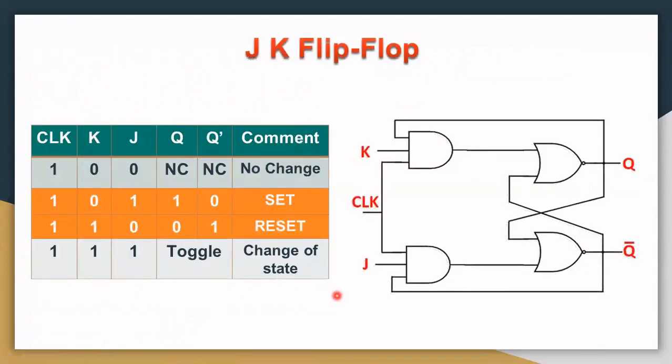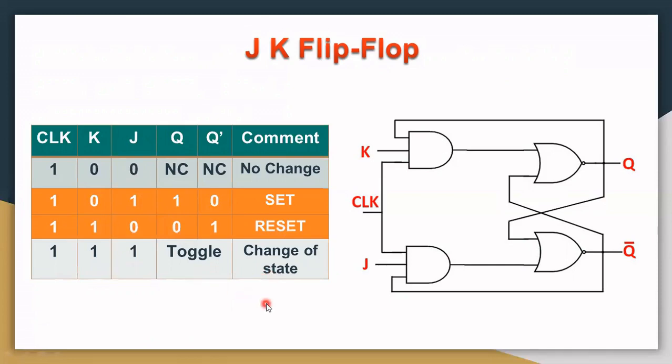Now, this is the truth table and a logic diagram of JK flip-flop. Remember, we should have this clock high to get the JK flip-flop activated. First case, J is equal to K is equal to 0, no change. And we are interested in these two states. When J is equal to 1 and K is equal to 0, set state or Q is high. When K is equal to 1 and J is equal to 0, reset state, that means Q is equal to 0. And when both are 1, it changes its state in each clock pulse.